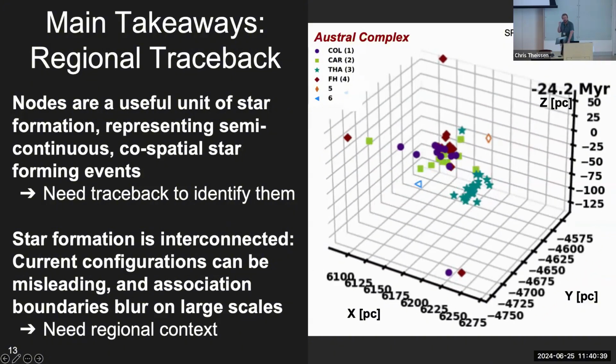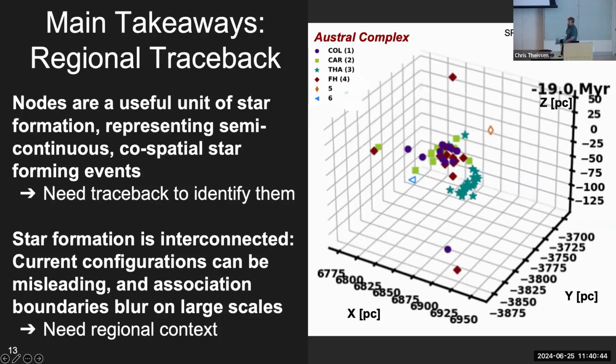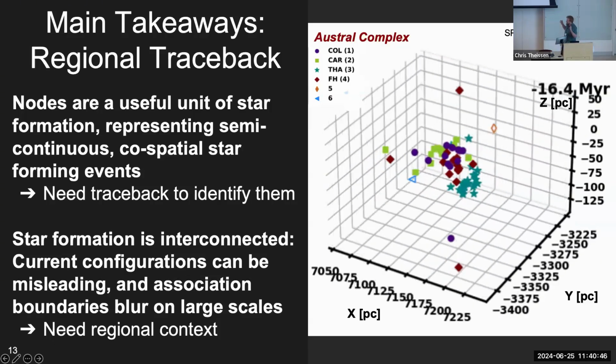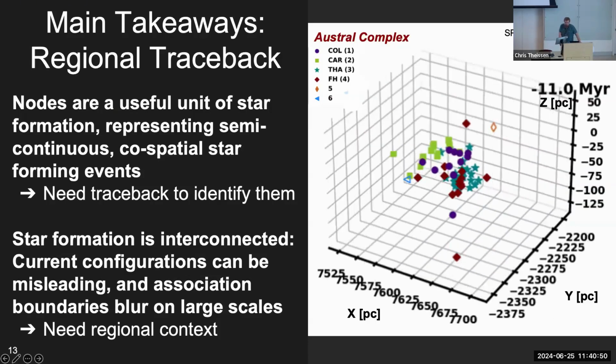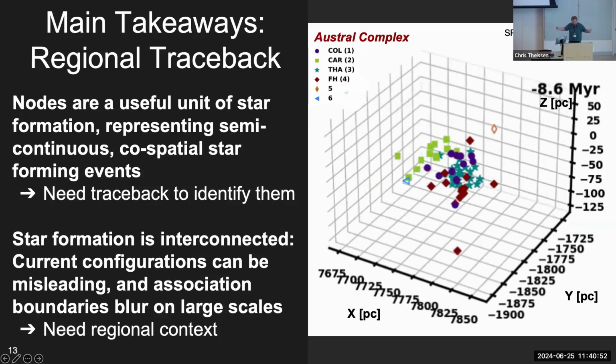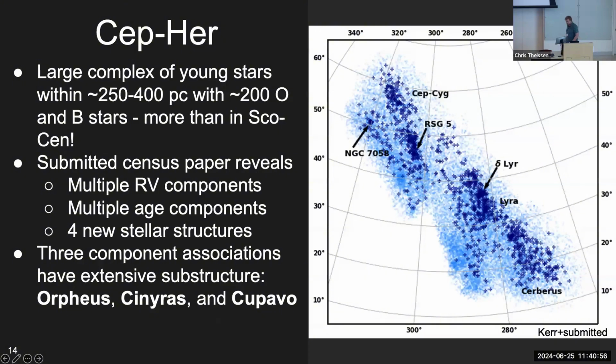They do not readily emerge through clustering alone. And we also see that star formation is interconnected. Current configurations can be misleading, and association boundaries can blur on large scales. And as a result, we need a sort of larger regional context to fully understand what's happening in a given star forming event. So my first foray into doing this in sort of larger scales is my work on